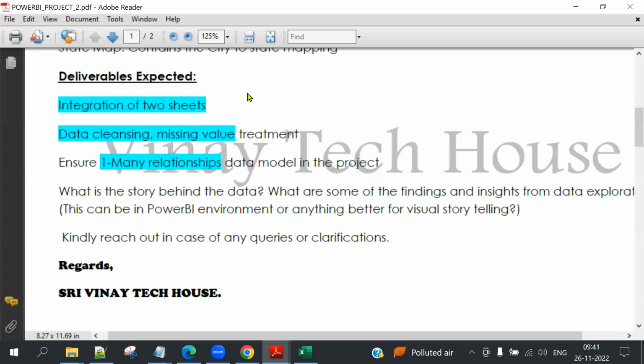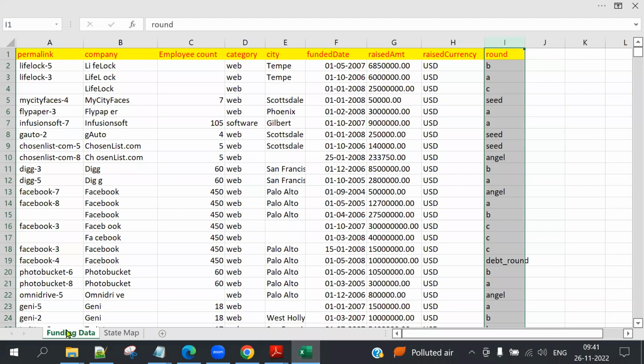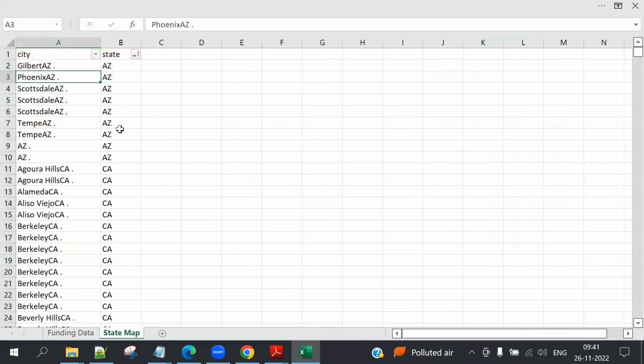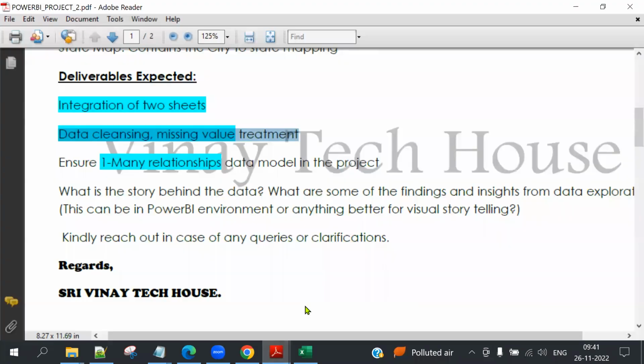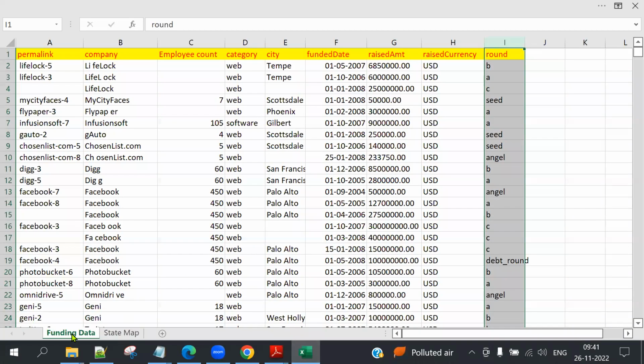They're expecting one-to-many relationships. First of all, they're expecting data cleaning and missing value treatment. The first sheet, cleaning and missing value treatment. Second sheet, cleaning and missing value treatment. Later, they're expecting a one-to-many relationship between these two tables.